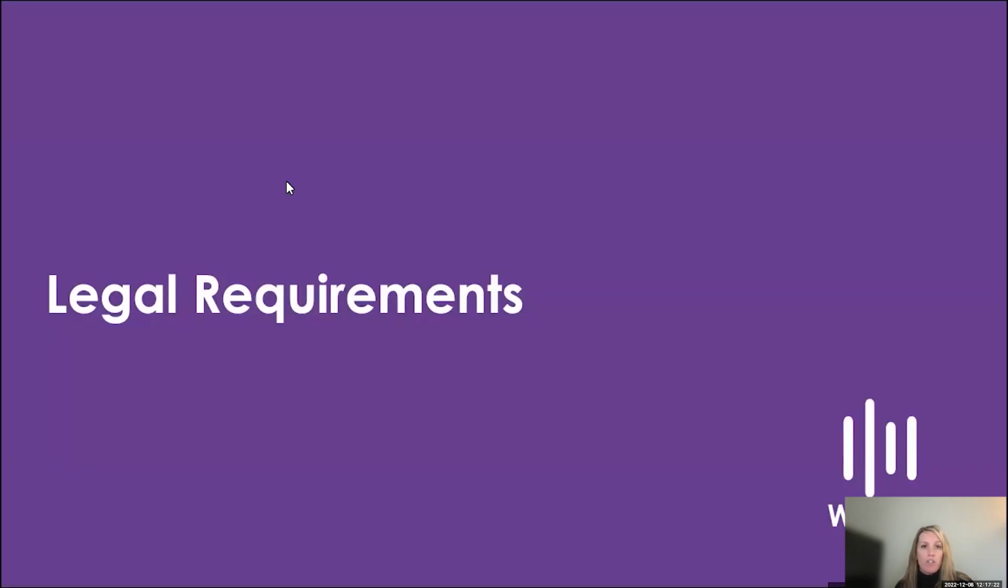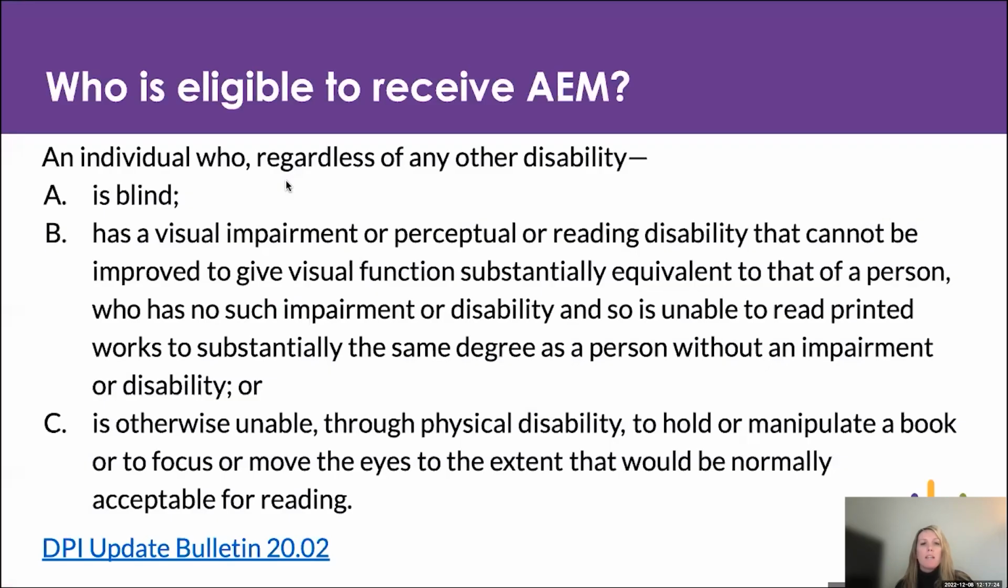Next, we're going to look at the legal requirements around accessible educational materials. Let's begin by looking at who is eligible to receive accessible educational materials. By law, it tells us an individual who, regardless of any other disability, is blind or has a visual impairment or perceptual or reading disability that cannot be improved to give visual function substantially equivalent to that of a person who has no such impairment or disability, and so is unable to read printed works to substantially the same degree